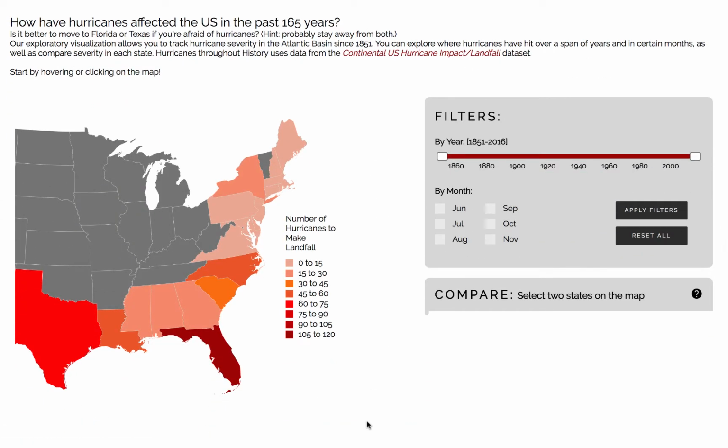Upon entering our viz, on the left-hand side is a map of the Atlantic Basin of the United States. The color of the state corresponds to the number of hurricanes to make landfall. The darker the color, the more hurricanes to make landfall in that state, and vice versa, the lighter the color,